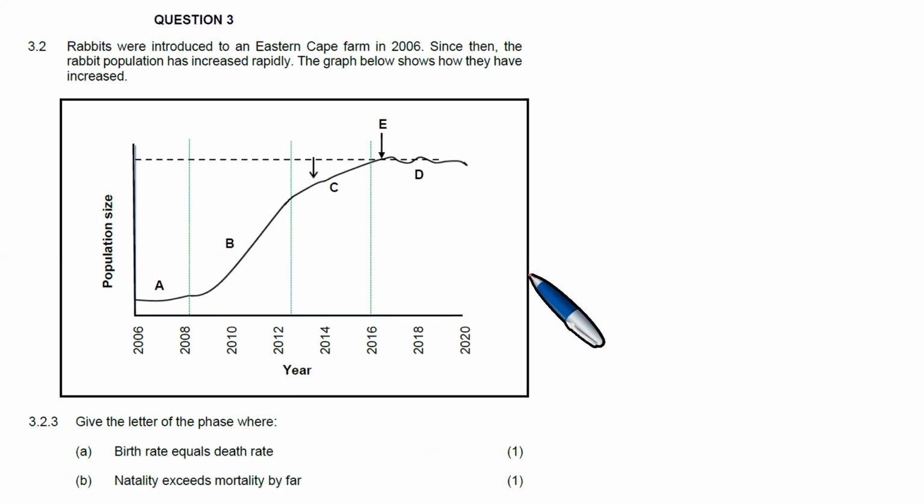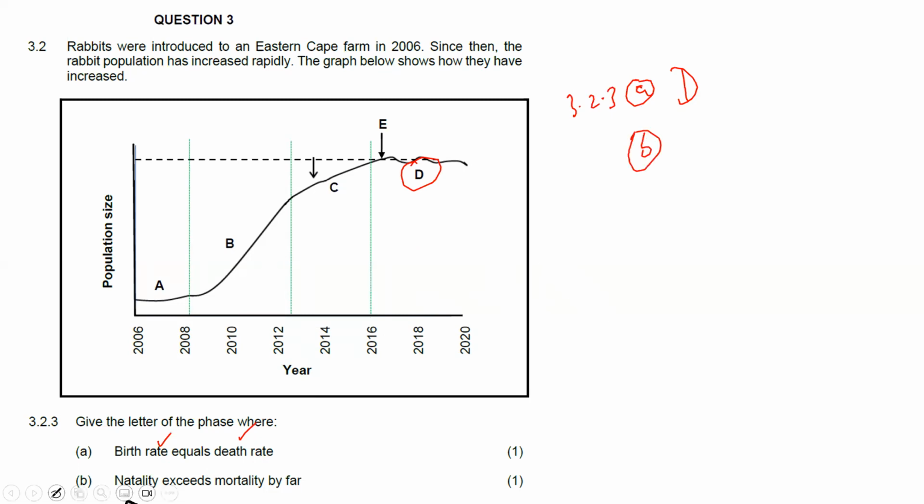3.2.3. Give the letter of the phase where birth rate equals death rate. When you study population, we have those that are born, there's birth, and then there are those that are dying, there's death. So in 3.2.3, the birth rate equals death rate in which part of the graph? Okay, so it's where it begins to level off at this point here. So if you look at 3.2.3, you have part D of the graph, is where the birth rate equals the death rate here, right? But if you look at part B here,